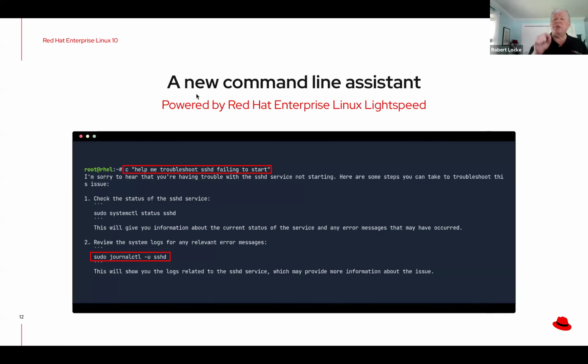I'll be honest with you, the place that was most interesting for me with the command line assistant is not only can I type c followed by a question, but I can also take the output from a command and pipe it to c with a question. So for example, I'm generating a bunch of output from, say, a ps command, and I don't remember what all the different columns are that are in that header. So I could take that ps command, pipe it to c, and say,